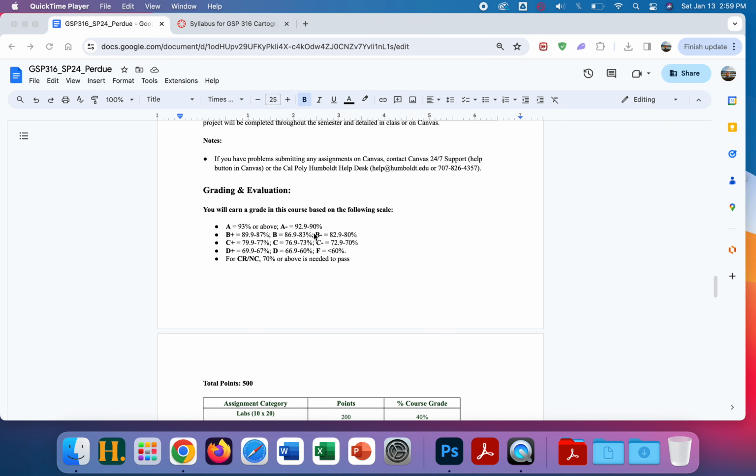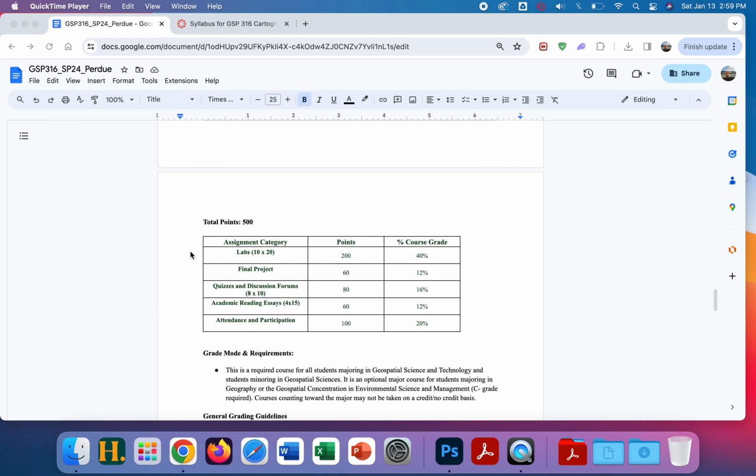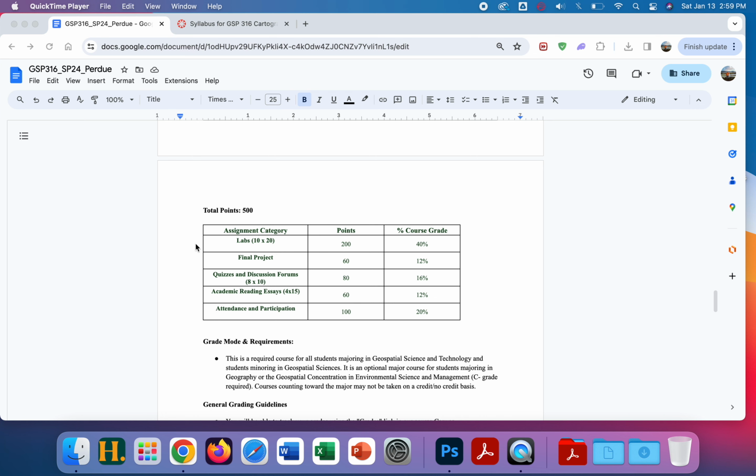So grades and evaluations. These are the thresholds for grades. Total points is 500. Here's a breakdown of those points. 52% of the grade is housed within the lab activities. 48% is housed within the lecture materials, which is a combination of labs, final project, quizzes and discussion forums, the reading essays, and then broadly attendance and